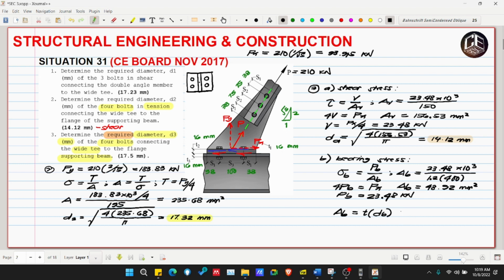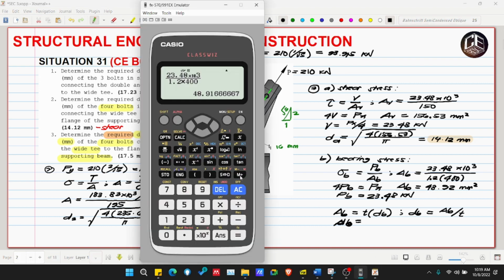So, makukuha natin ngayon ng dB. So, dB is equivalent to area bearing over thickness. So, wala naman tayong problema sa thickness kasi lahat naman sila 16. So, area bearing 48.92 over thickness na 16. Ayan. Okay, so 3.05